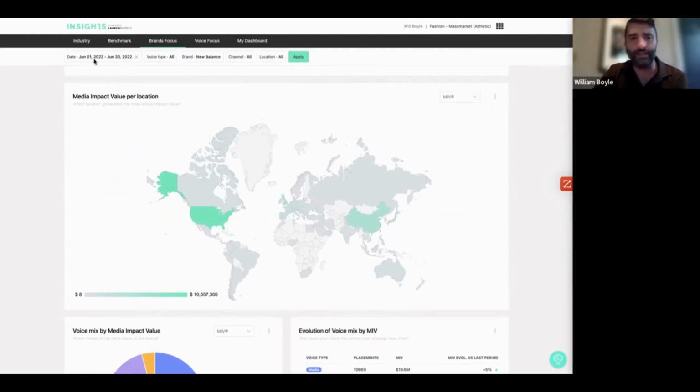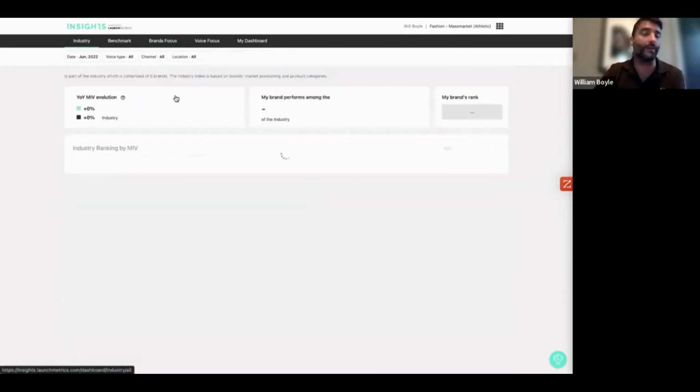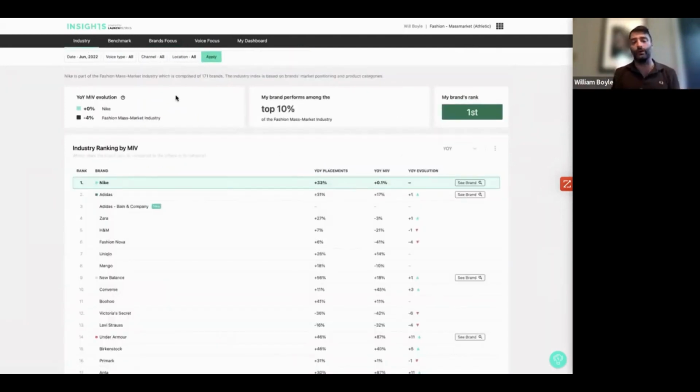The last thing I'll mention about Launch Metrics as a whole, and how we partner with clients in regard to insights. While the information in here is very insightful, and not to be repetitive, it does require a bit of analysis. And that's where our services team, particularly our data services team, really helps our brand partners analyze this.